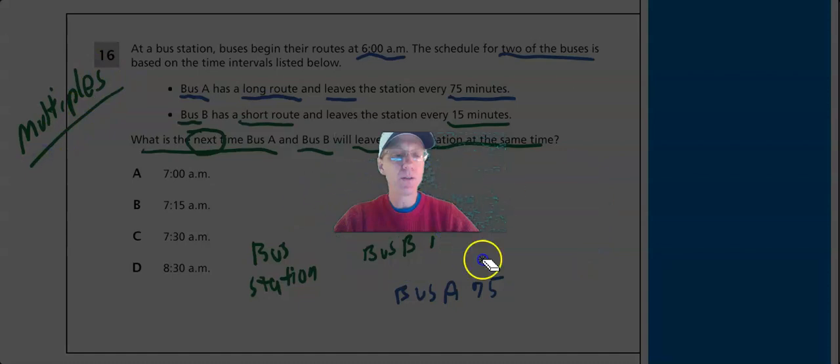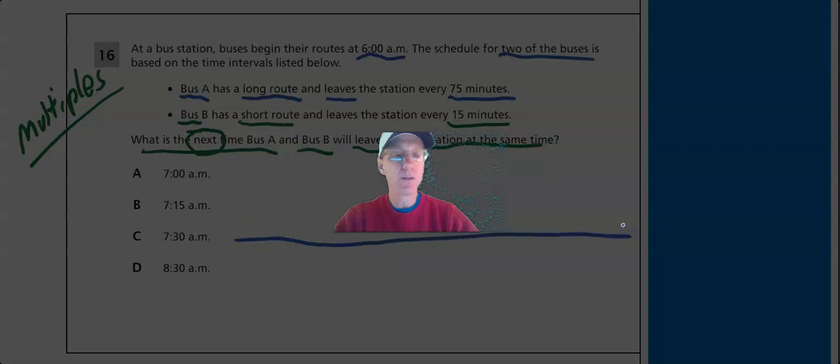That'd be easier. So now we've drawn a picture of it. Hopefully you got more paper with you because you can do a lot of cool stuff with that. So the easiest way is to go back to those big ideas. Here's a number line, okay? All right, so let's do bus A. We're leaving at 6 a.m., okay? And there's 15 minutes, okay? So there's bus A, and this is B.